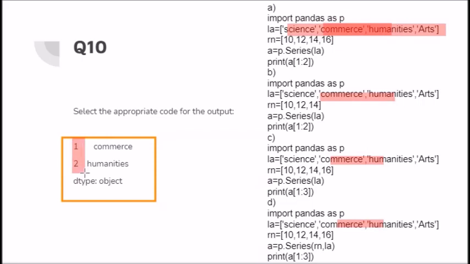So let's talk about option number A first and foremost. Options A and B have a difference in the values given. If we talk about the count of values, here there are 4 values, but here the value count is 3. So this goes waste. If you talk about the last one, RN and LA are given in reverse order. So let us see the correct one. The correct option available to us was number C.